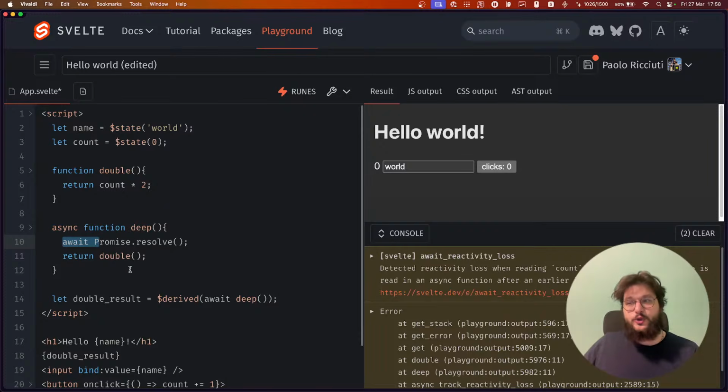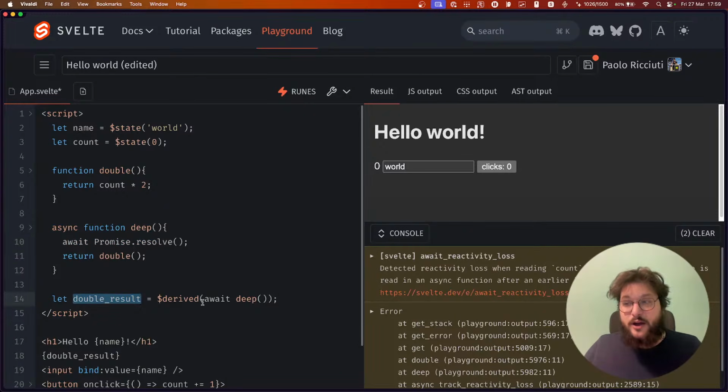How it works is that whenever you read something inside the derived, we know that we are inside this derived, and so we keep track of the fact that count is a dependency of it. But if you have an await in this chain, the moment you have an await, we basically can't know anymore that you are inside this derived.